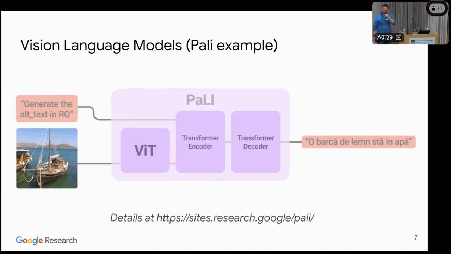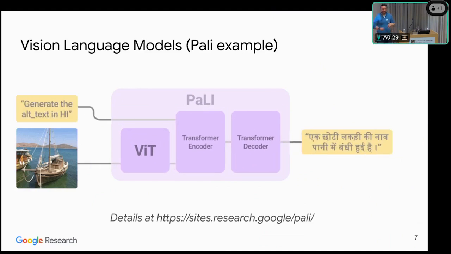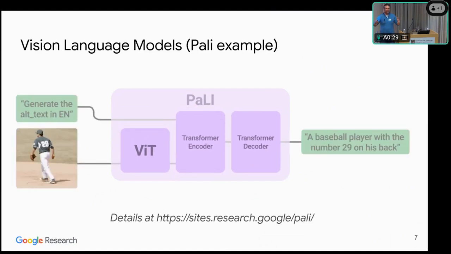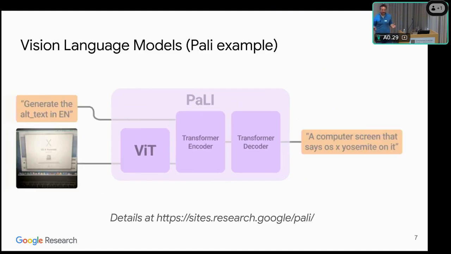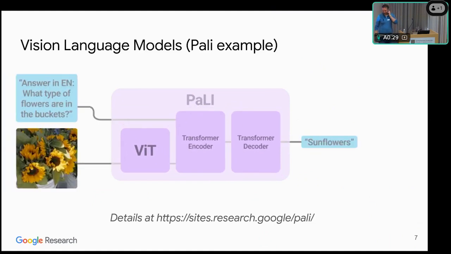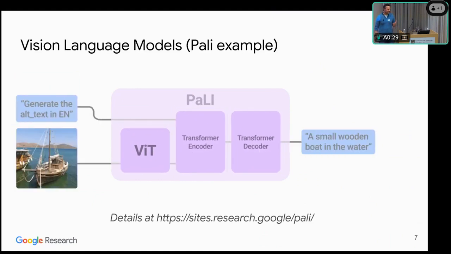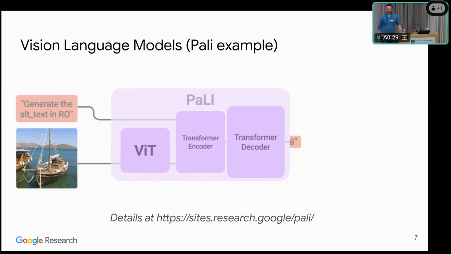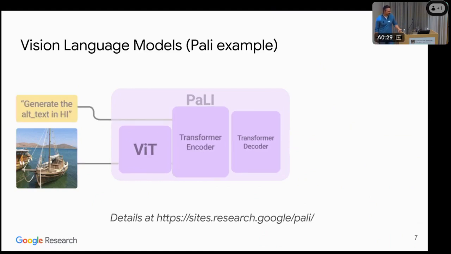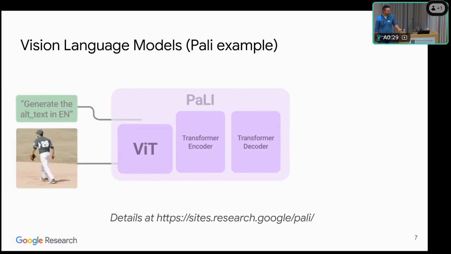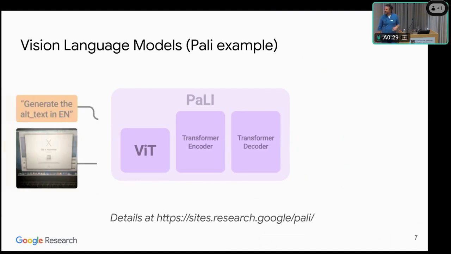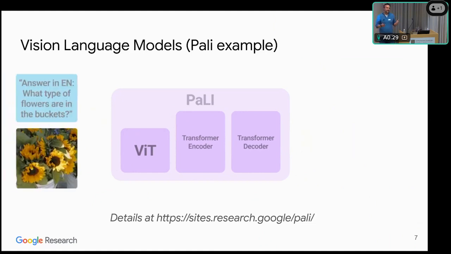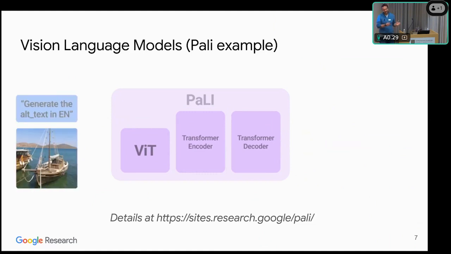So this morning, Louis, in one of his last slides, was saying there are these future areas, and one of them was multimodal models. And that's a space that we're passionate about. One example of these are the vision language models. So this is the PaLI architecture. It's a model that we released a year or two ago. What this enables is to go from an LLM, which is basically a text in, text out model, to a multimodal model that can do text in, image in, and text out.